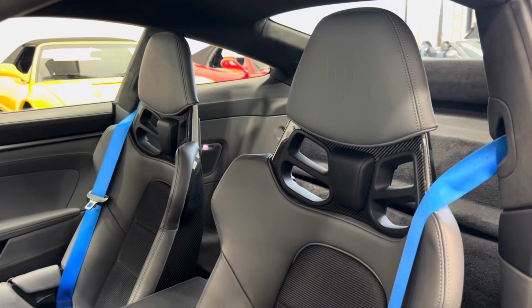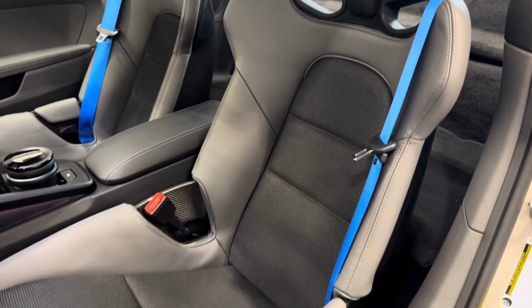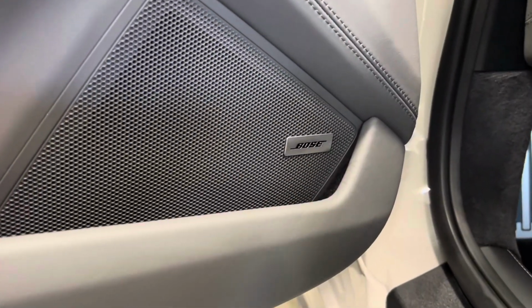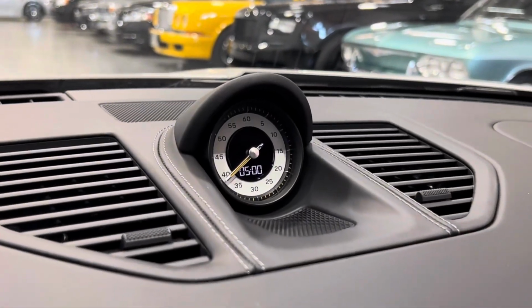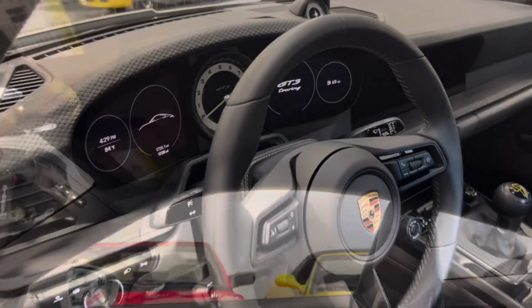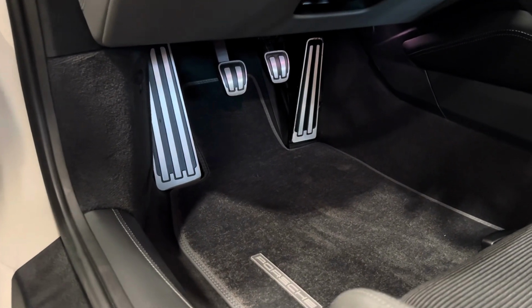The $5,900 lightweight carbon fiber full bucket seats are paired with shark blue seatbelts and easy access to the factory-optioned fire extinguisher, and central to the $1,600 Bose surround sound system. Also included is the Chrono package, along with the Sport Chrono stopwatch dial, and the central tachometer has been finished in white. Additional options include the sun visors and roof lining in Race-Tex, aluminum pedals and footrest, ambient lighting, and